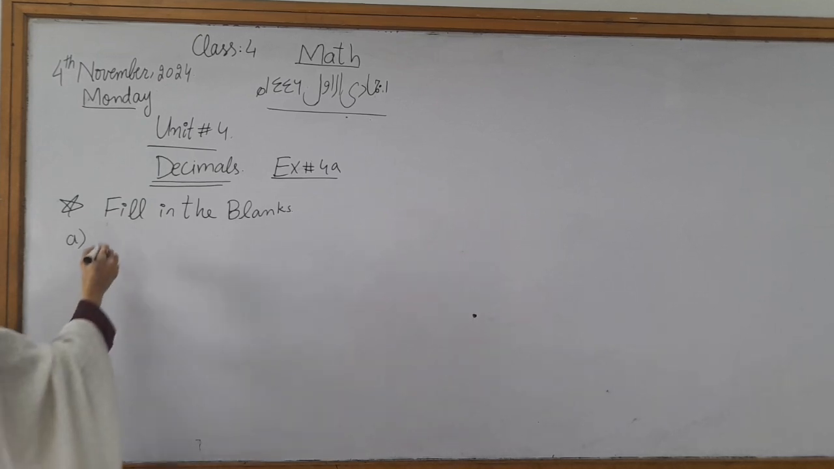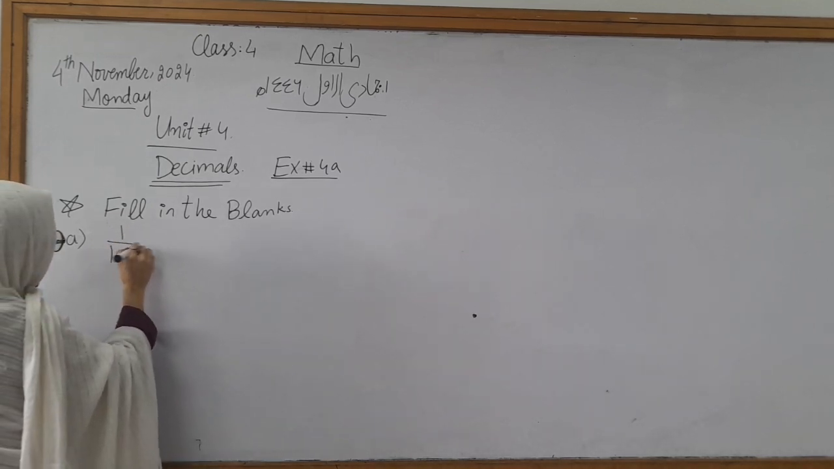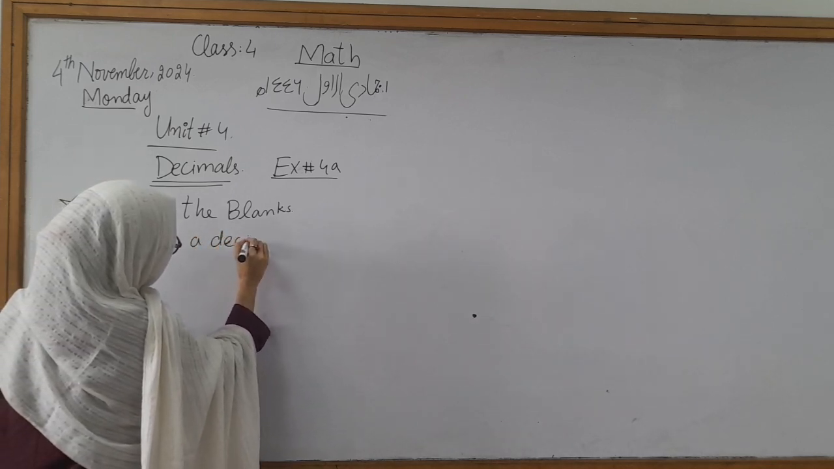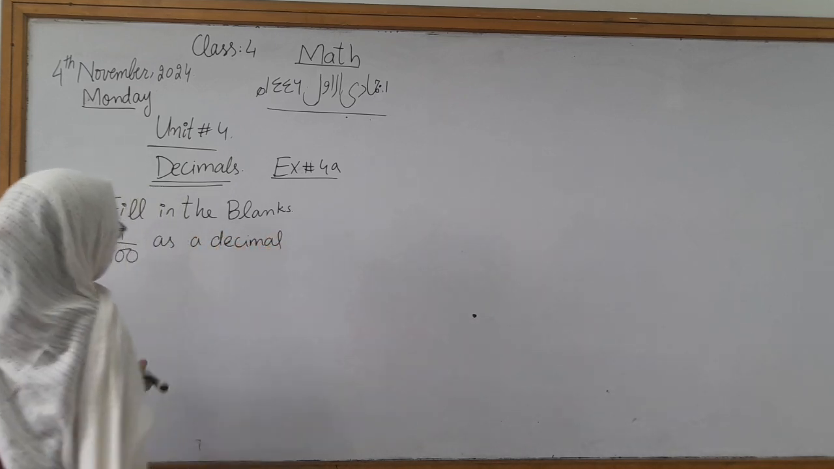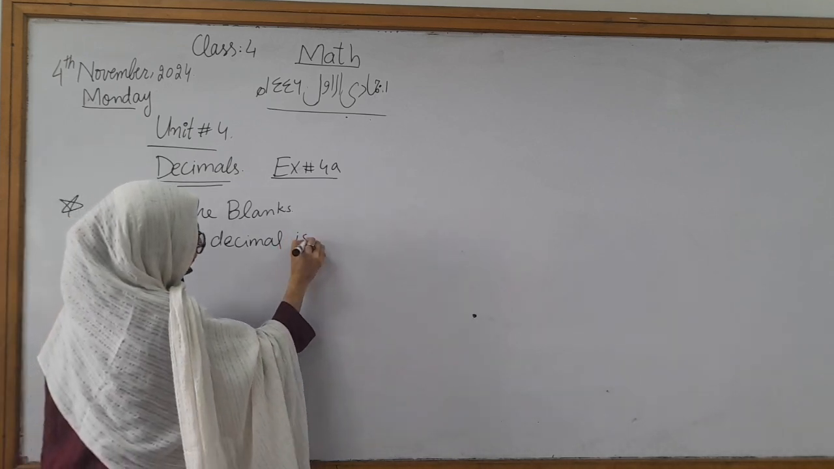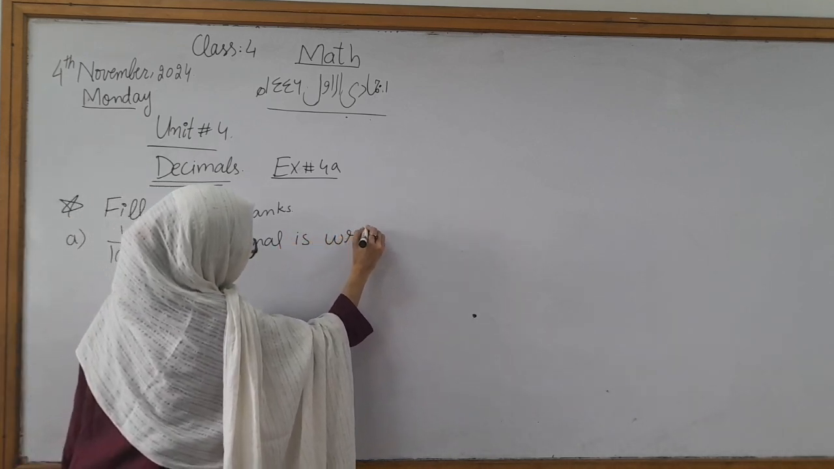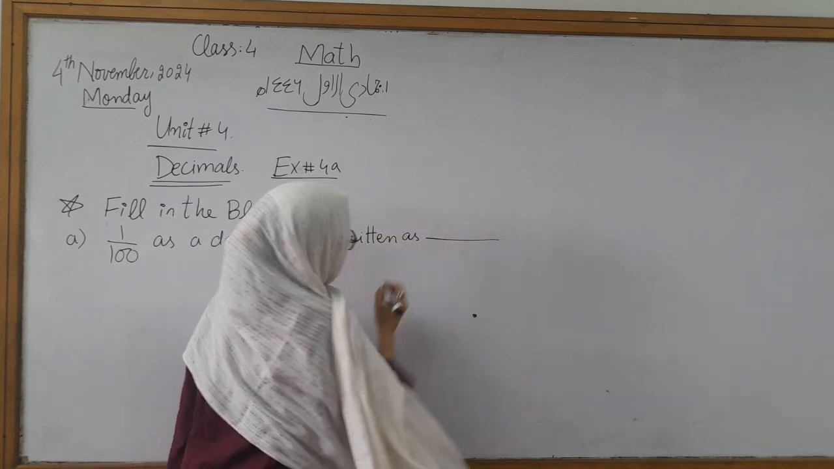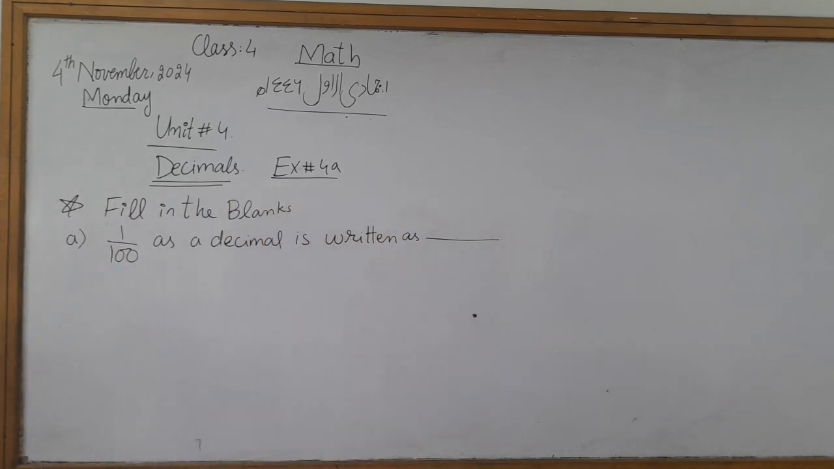First blank is 1/100 as a decimal. 1/100 as a decimal is written as... Tell me Hiba, 1/100 is written as, what will we do? We will simply divide it and we will get